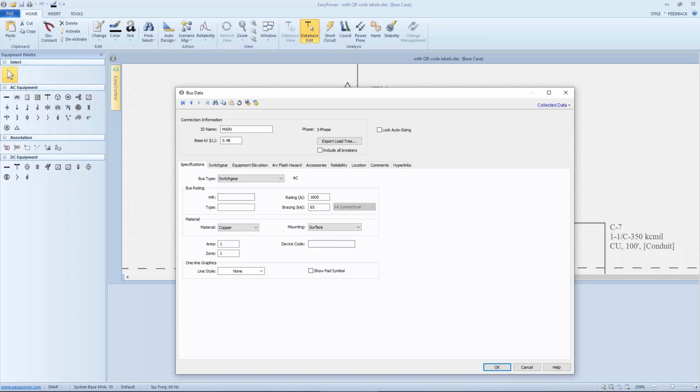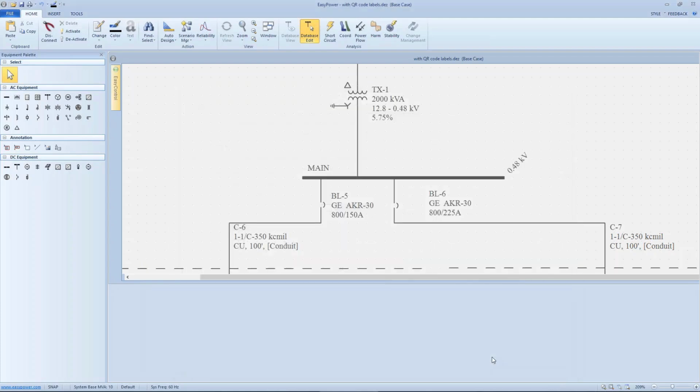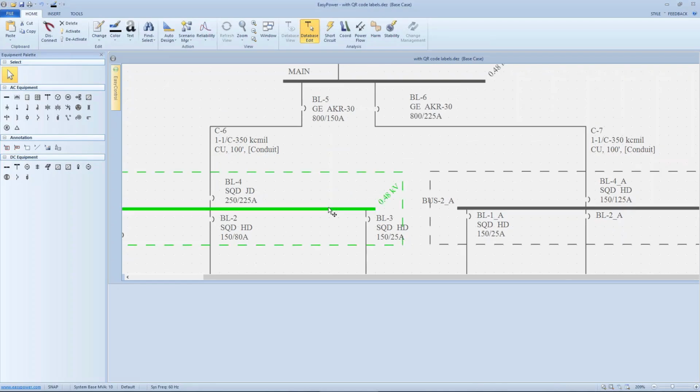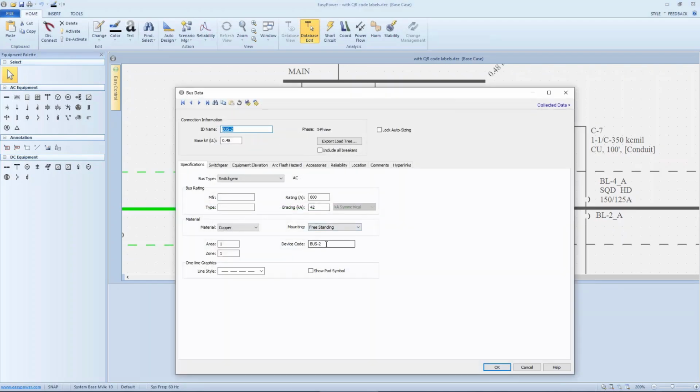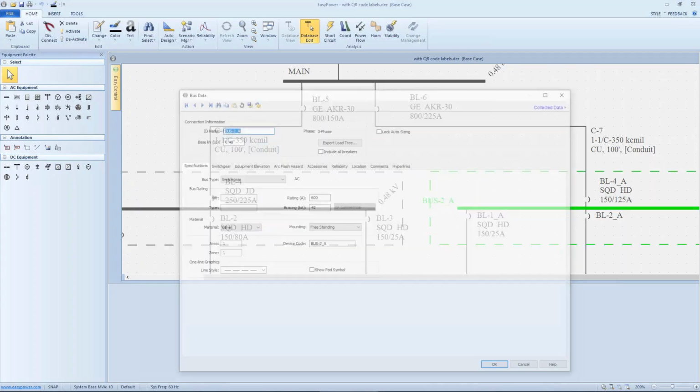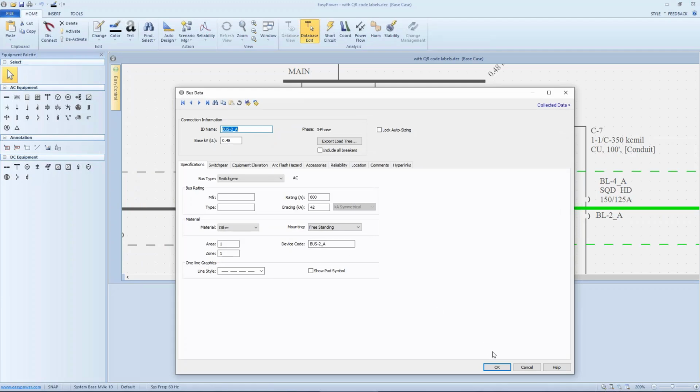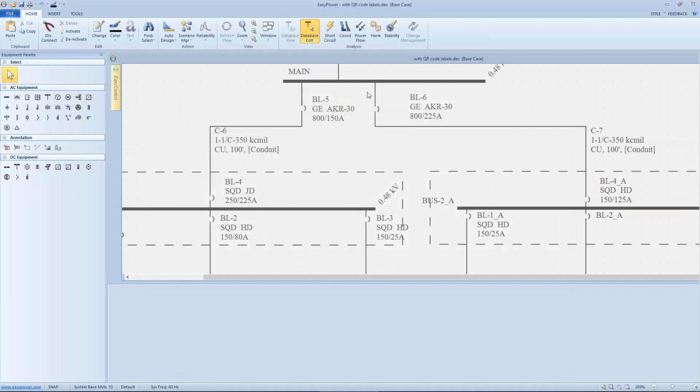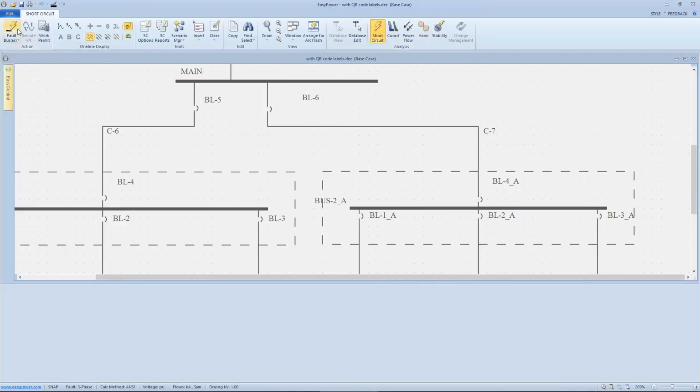This is actually under specification. And very seldom do we talk about it, but in this case, I want it to be a unique connection to this particular bus. So on a couple of the buses, I've put in a designation that correlates to the bus number, which again is unique. Based upon that, we can use this as a conditional output or conditional function in our labeling. So we're going to go back to default the buses, arrange for arc flash,